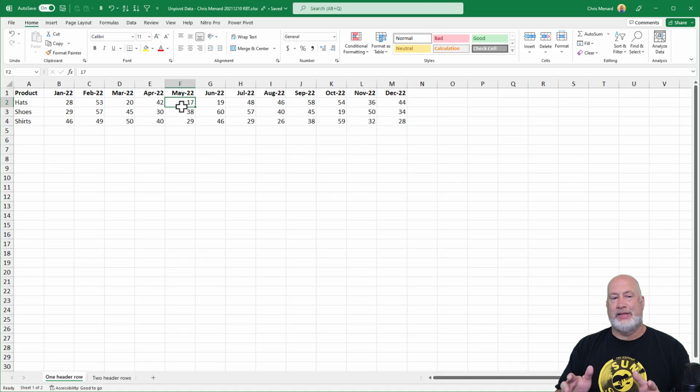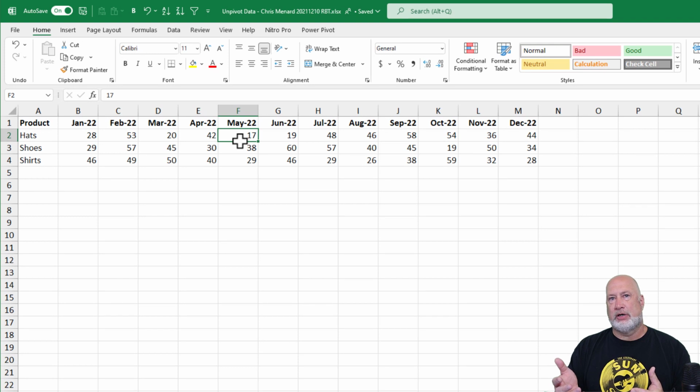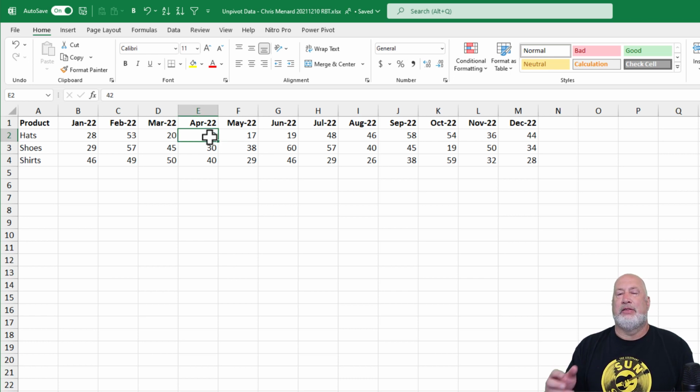One of the issues with this data, if I don't want to sort and filter, I'm actually okay with this spreadsheet. It's got January through December running for my products over in column A. But if I say, okay, I want to sort and I only want to see numbers over 50, I can't do that right now. Or if I want to start filtering the data, I can't do that right now. So let's make the data in the correct format, which is a tabular format.